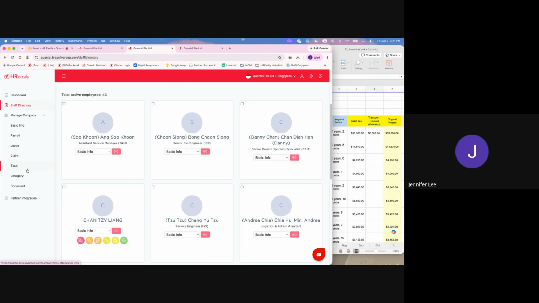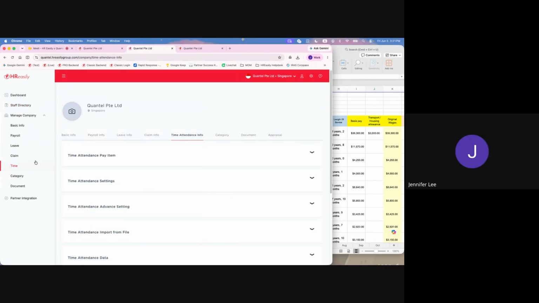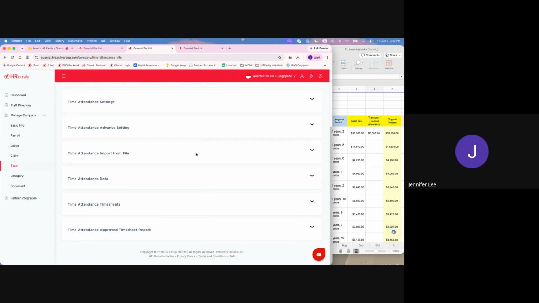Time attendance, is it like time clock? Yeah, yeah. They can clock in and clock out using their phone. So there are some settings that need to be set first. So for example,